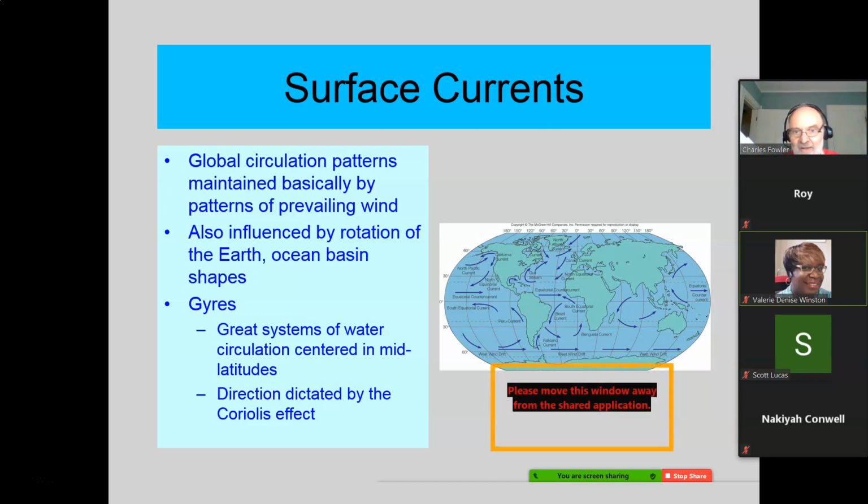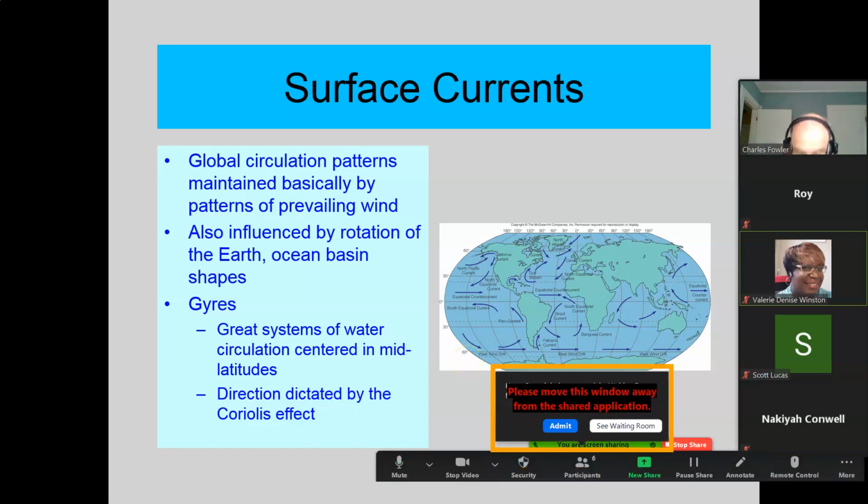Okay, easier to read from your book, but if you don't have a book, hopefully you can read from here. So we want the currents. The currents are the blue lines here. Okay, and there's a bunch of them. There's 10 that you're looking for, any of these 10. Now you'll need to know in which ocean they're associated. Now some of them may have a variety, okay, and you can either choose an ocean or,